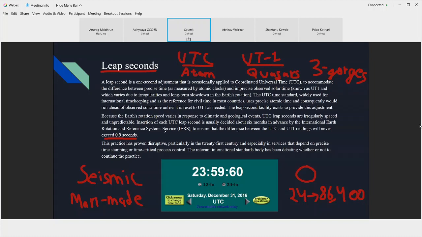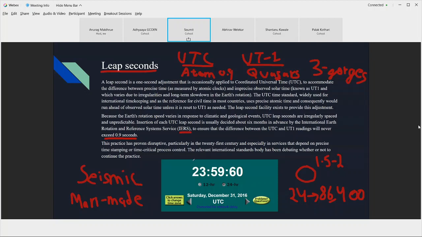There is a committee called the IERS, which stands for International Earth Rotation and Reference Systems Service. I don't know why it is called IERS; it should be called IERRSS. But yeah, that's not one of my concerns. This committee maintains the difference between UTC and UT1. Because a difference builds up every 1.5 to 2 years, we notice that the difference is about 0.9 seconds. So what the committee does is add a leap second.